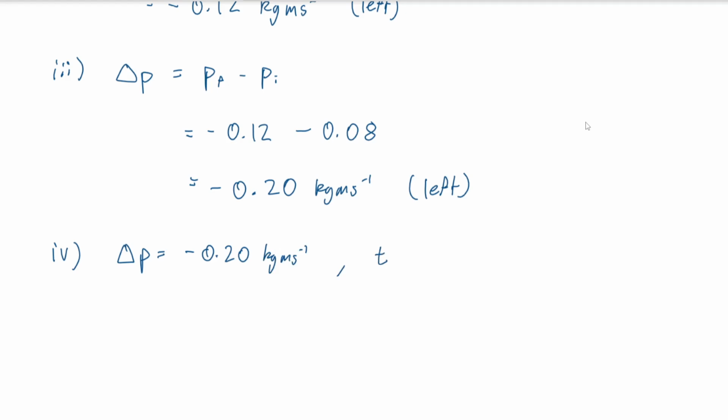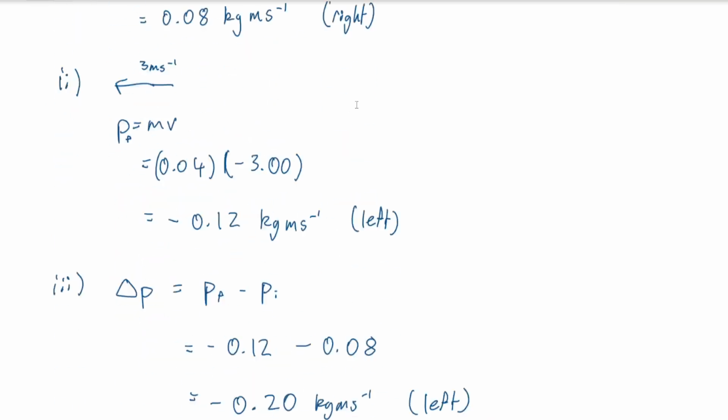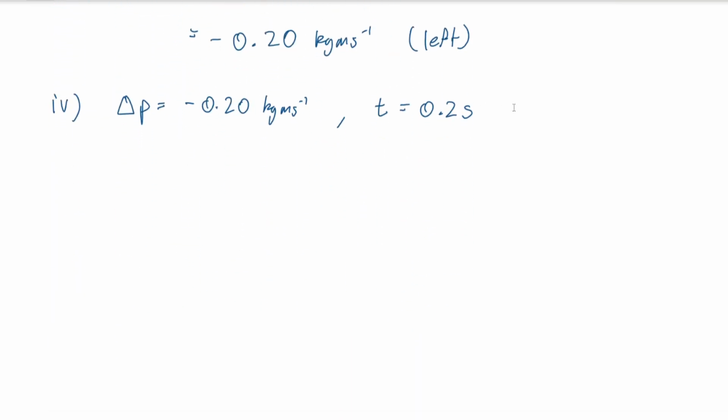And the time in contact, was that also 0.2 seconds? Am I tripping? Yep, it was. Calculate the force exerted. So we know change in momentum relates to the force applied times the time of the collision, right? The impulse equation. So rearranging for force, change in momentum over change in time,